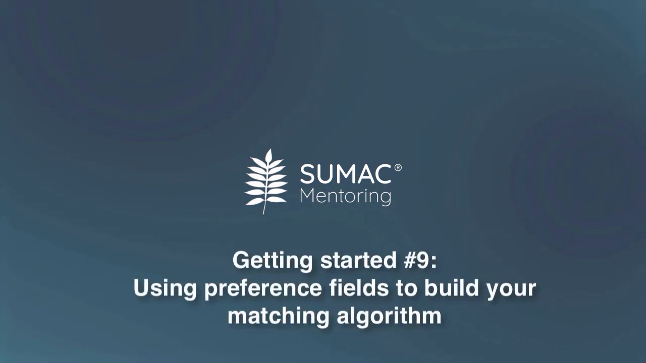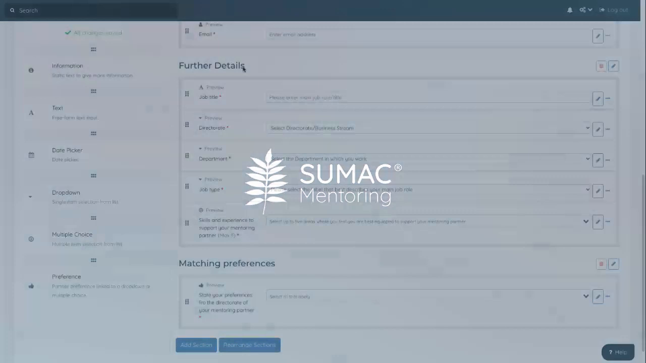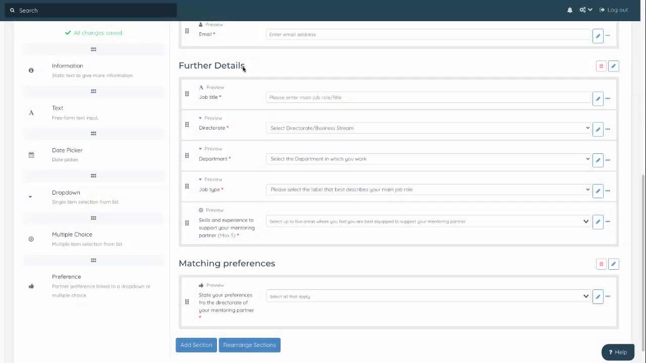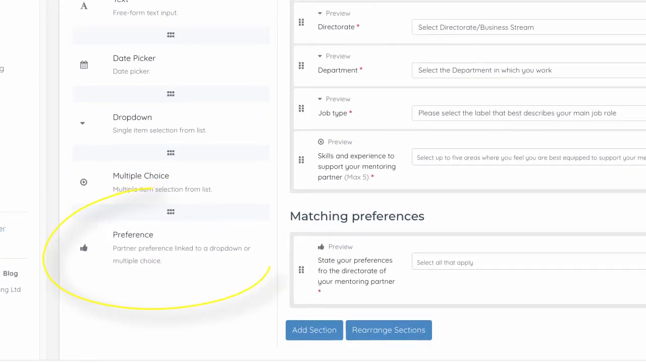In the last few videos, we've looked at different question types you can use to build your sign-up form. In this video, we're looking at how you can add preference questions to build your own matching algorithm. Preference questions allow you to ask applicants to state preferences about their mentoring partner using characteristics already defined by existing